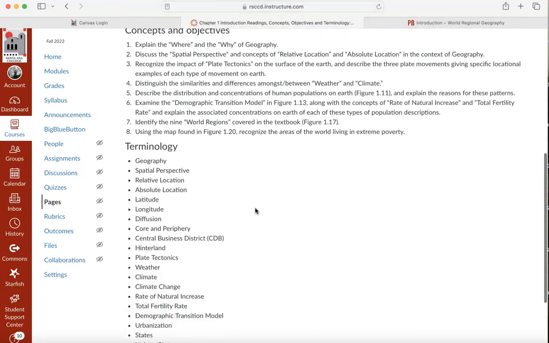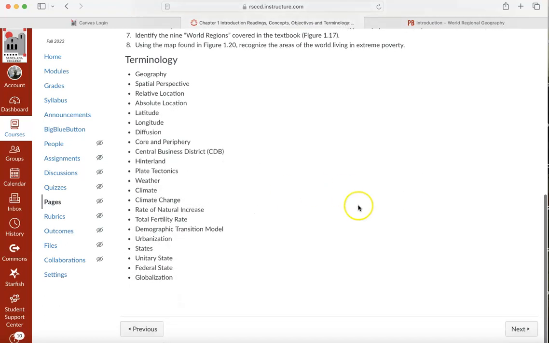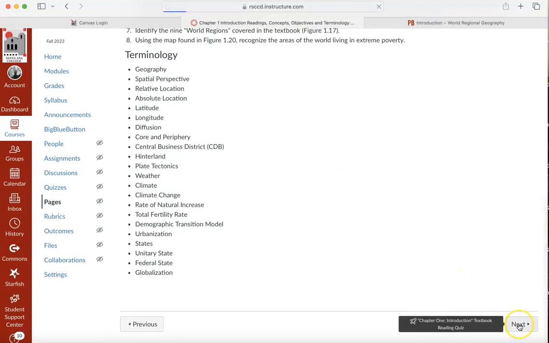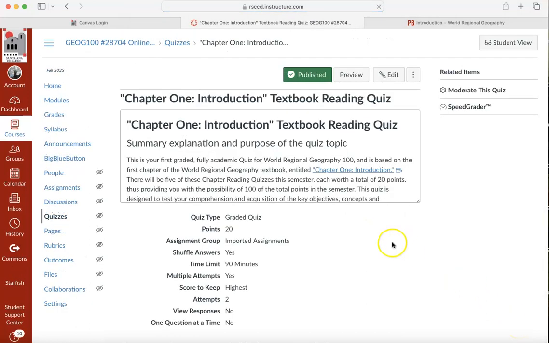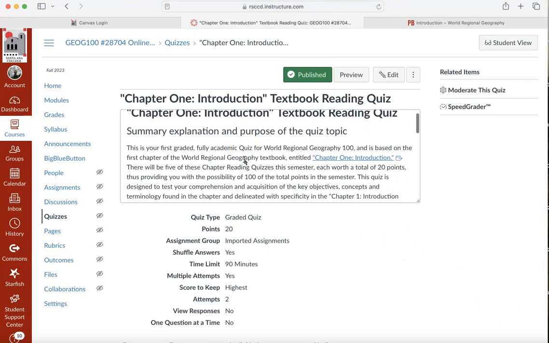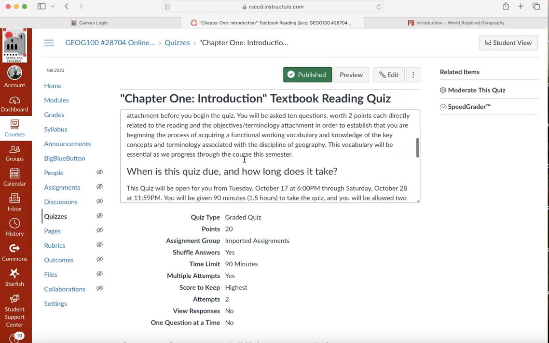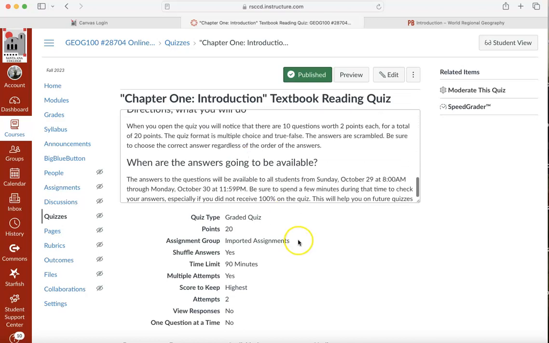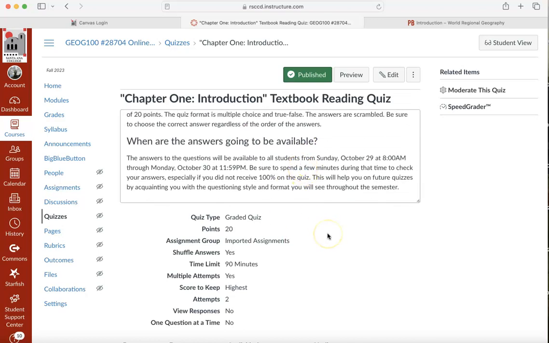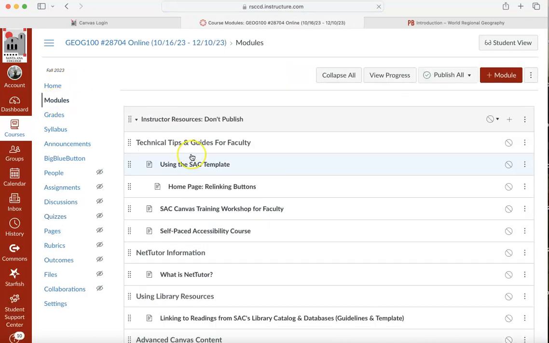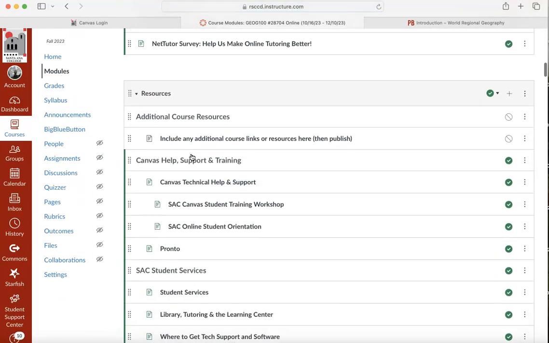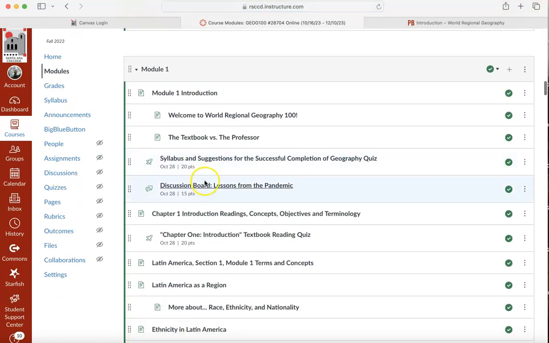Concepts and objectives and terminology, that's what you need to get out of that first free chapter in the textbook. And then if you click next again, it will bring you to the chapter 1 textbook quiz. So you read through that, and then you take the quiz after having read it and knowing that terminology. The first 3 assignments are all in chapter 1. In other words, they are the syllabus quiz, the discussion board, and the chapter 1 introduction